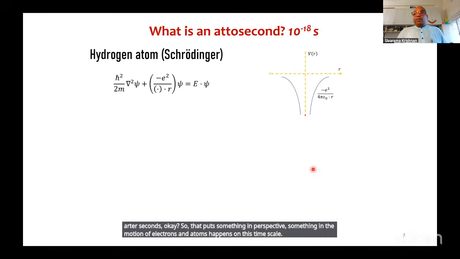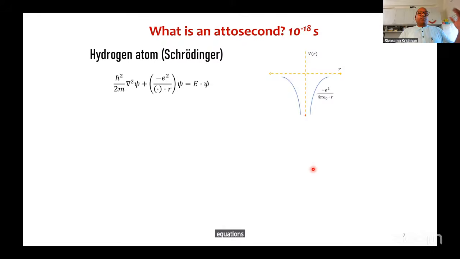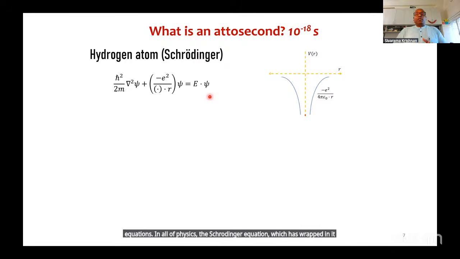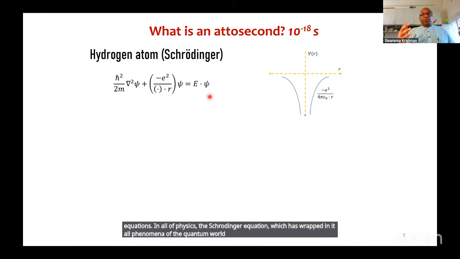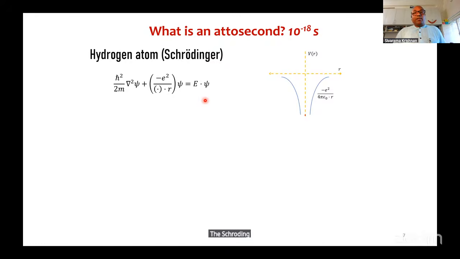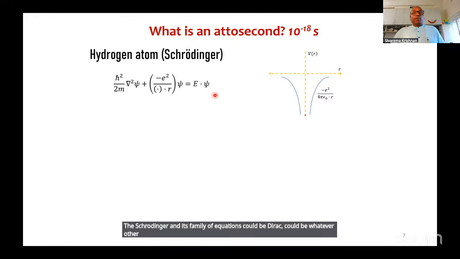Okay, let's take one step deeper and further and look at one of maybe the 5 most important equations, or even the 3 most important equations in all of physics, the Schrödinger equation, which has wrapped in it all phenomena of the quantum world, be it superposition, be it tunneling, be it entanglement, whatever else, right? The Schrödinger and its family of equations, could be Dirac, could be whatever other formalism of quantum mechanics,